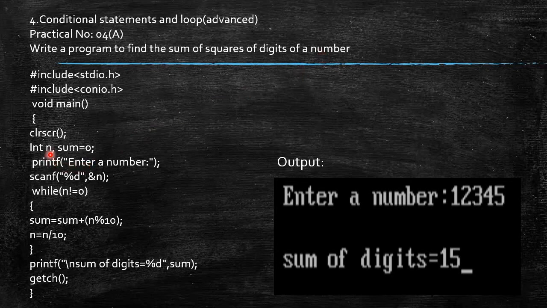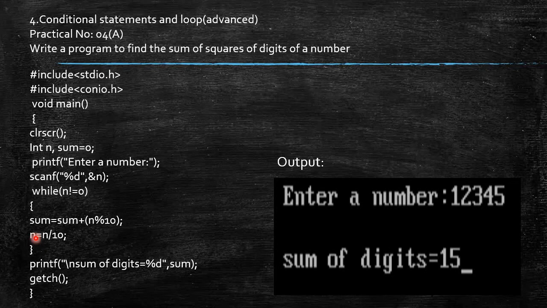Now you can see, to get this, we require two variables, that is n as well as sum. Through the n variable, the user can enter the value, and that positive value will be used to sum the square of its digits. So for that purpose, we are using this process. If the value entered by the user is not equal to 0, then it will add the square of that digit into sum, take the number modulo 10, then that number gets divided by 10 and that value again gets stored in n.